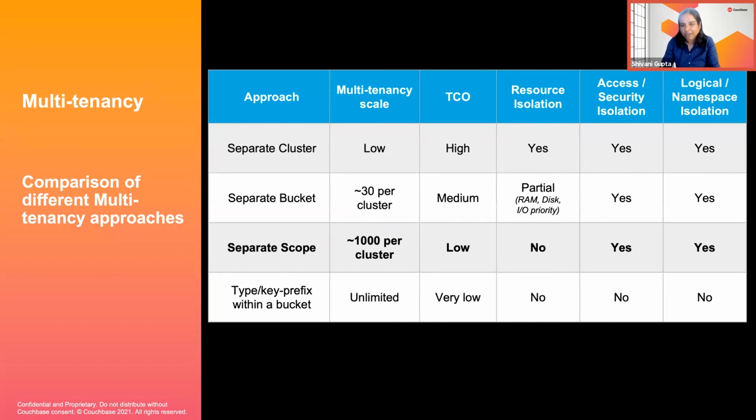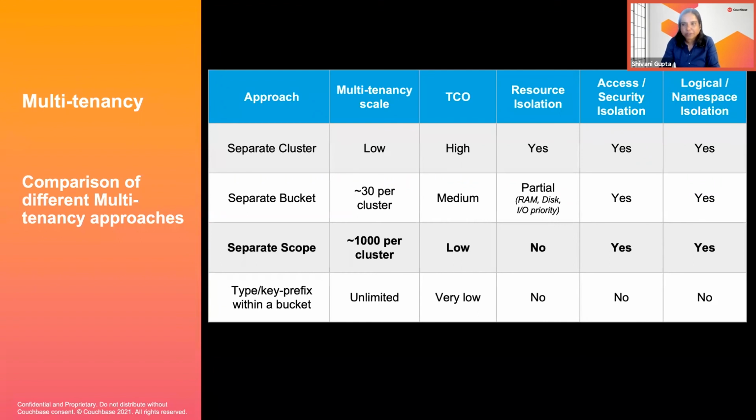On the other end of the spectrum is just doing everything in the application and nothing at all in the data layer. In this case, you get absolutely no isolation if you use typed key prefix within a single bucket. So that's the last row here. Between these two extremes are more scalable alternatives with